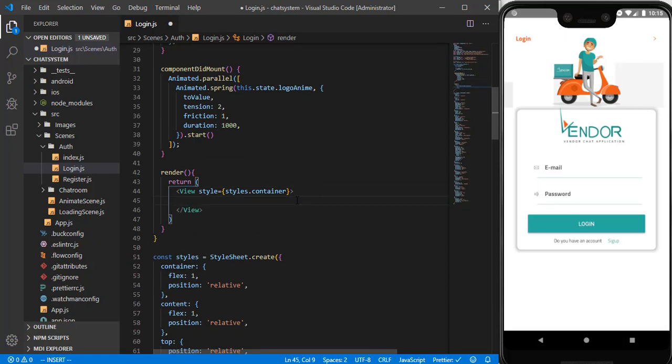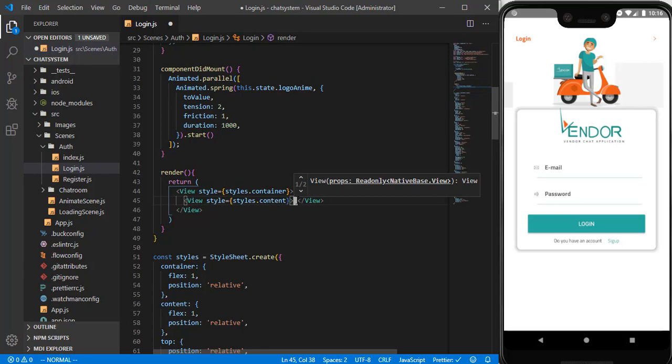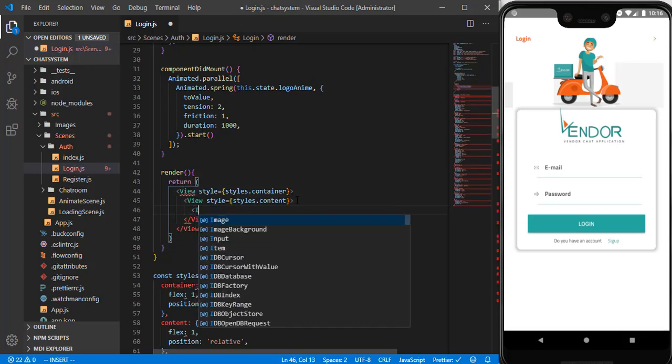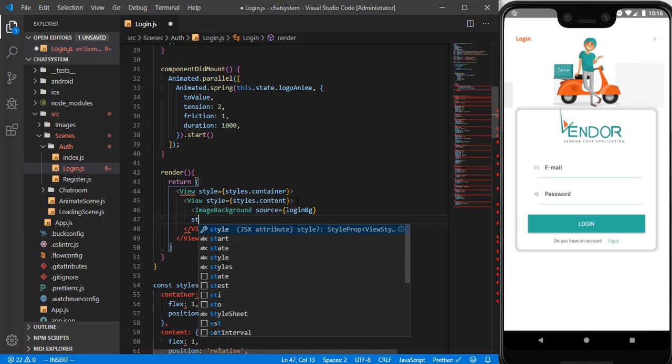Now, in the container, we are going to have another view, and we are going to give it a style of styles.content. Then inside there, we are going to wrap everything in an image background. Give it a source of login bg. We imported this image earlier, if you can remember. Give it a style,